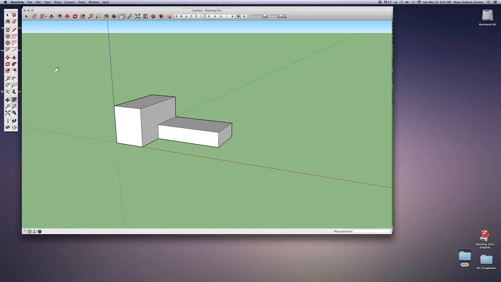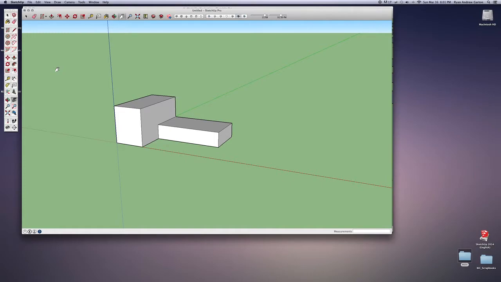Okay, so the last thing we're going to cover for week one is the rotate tool. And this is probably the trickiest of all the tools that we'll get into this week, so it's probably going to take the most amount of practice. The reason it's a little different is because instead of doing 2 clicks, this is actually a 3-click movement, and it's a little trickier because you're also dealing with all 3 axes